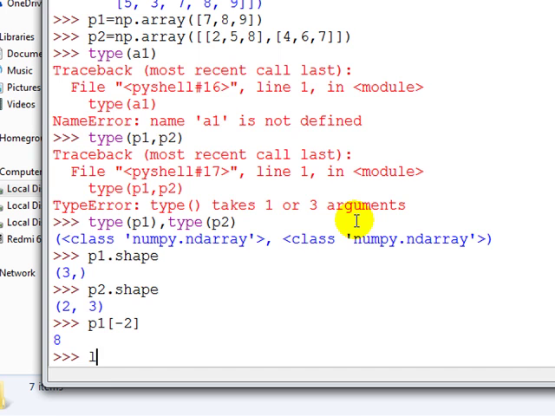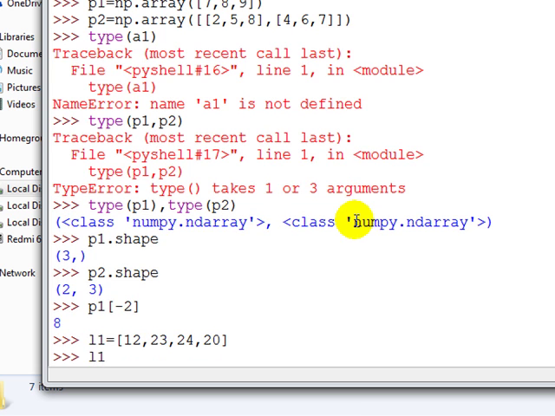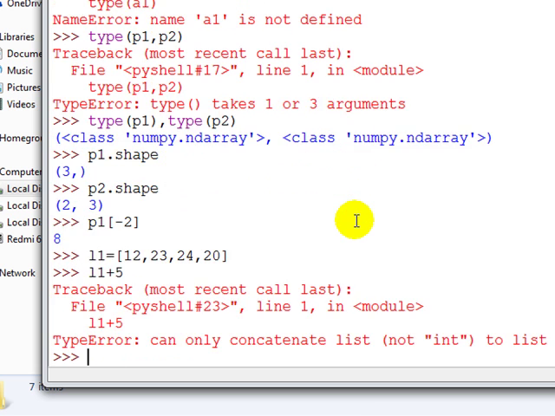Let's see, I'm creating a list L1 is equal to 12 comma 23 comma 24 comma 20. Like this I am creating a list. Now I am writing L1 plus 5. I am getting an error.